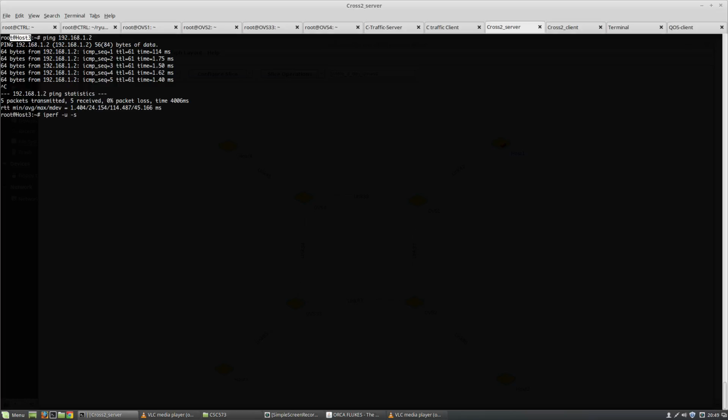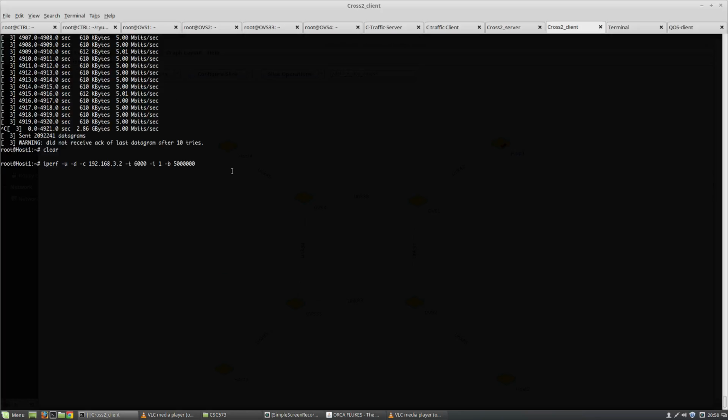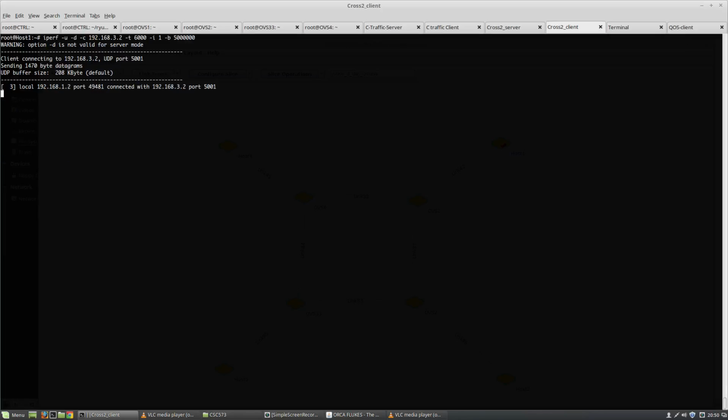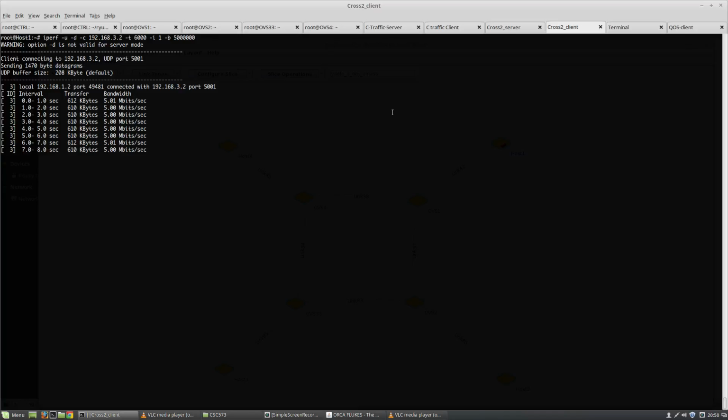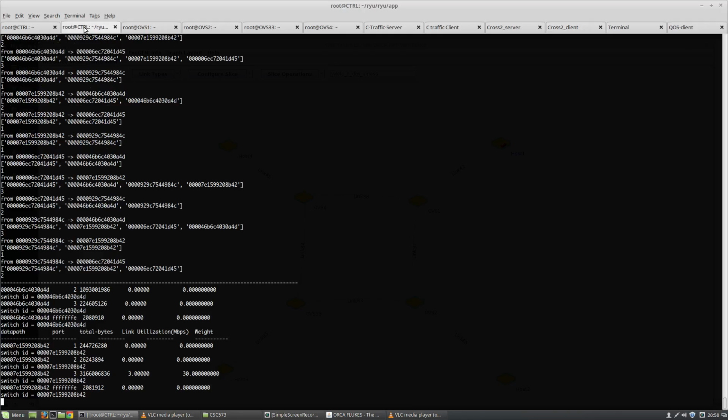Okay. Between host 1 and host 3, this particular cross traffic is consuming bandwidth of 5 Mbps. Okay, so we now have a fair amount of traffic already in the network, and as we can see here